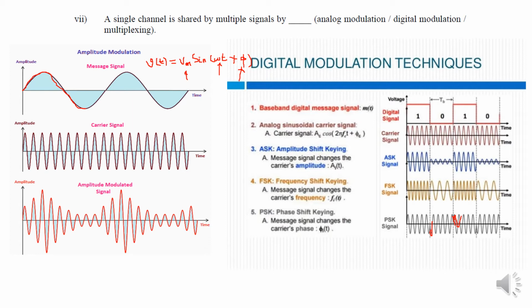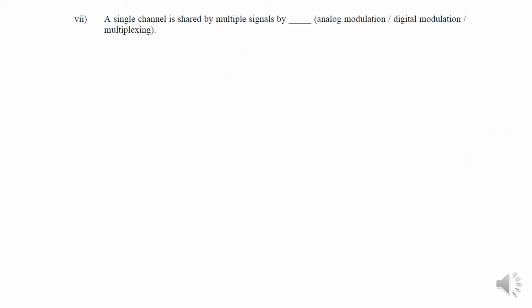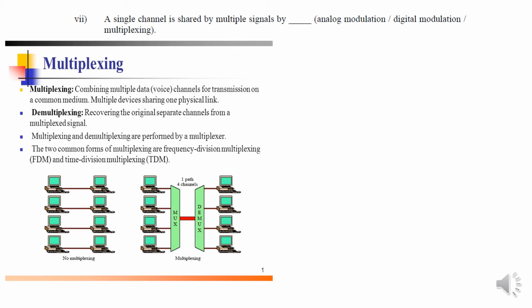Now let's see what multiplexing is. In case of no multiplexing, each computer is connected to another computer, one connection; similarly, all are connected one to one. Now if all four are connected to a system called a multiplexer, or MUX, then there is only a single channel. Then on the other side there is a demultiplexer, and from that four different computers are connected. So only a single channel is connecting multiple systems.